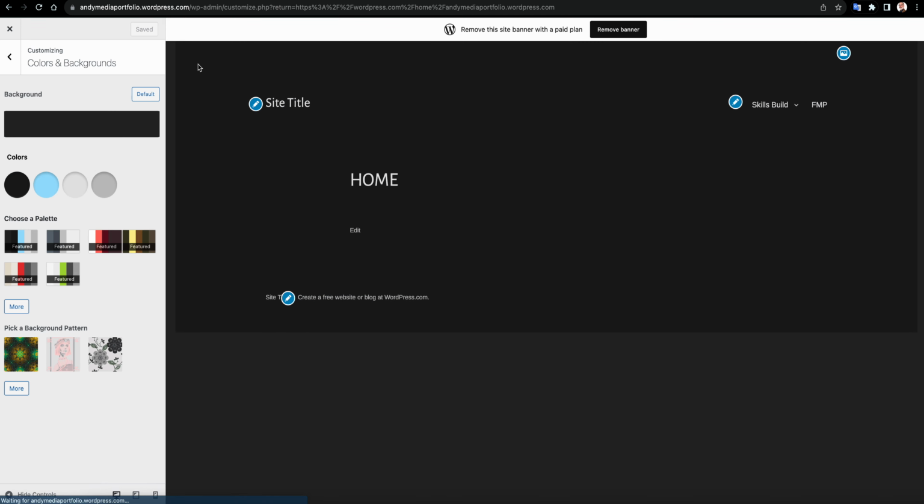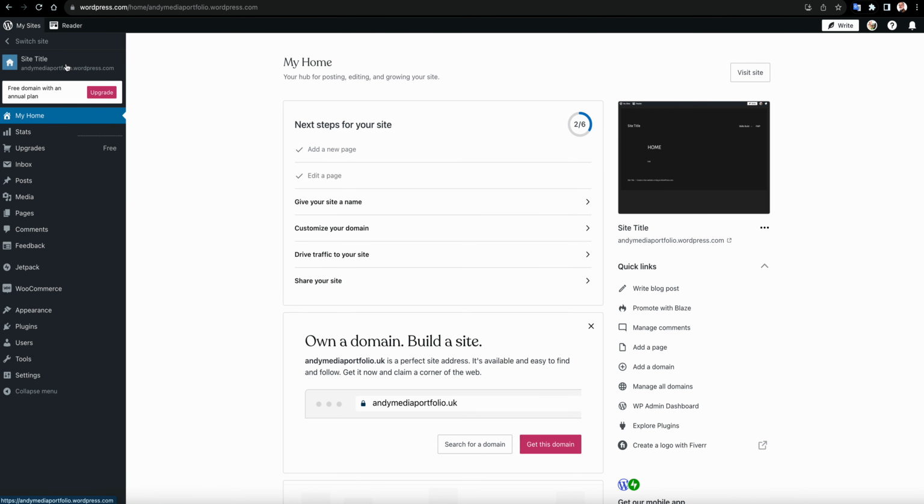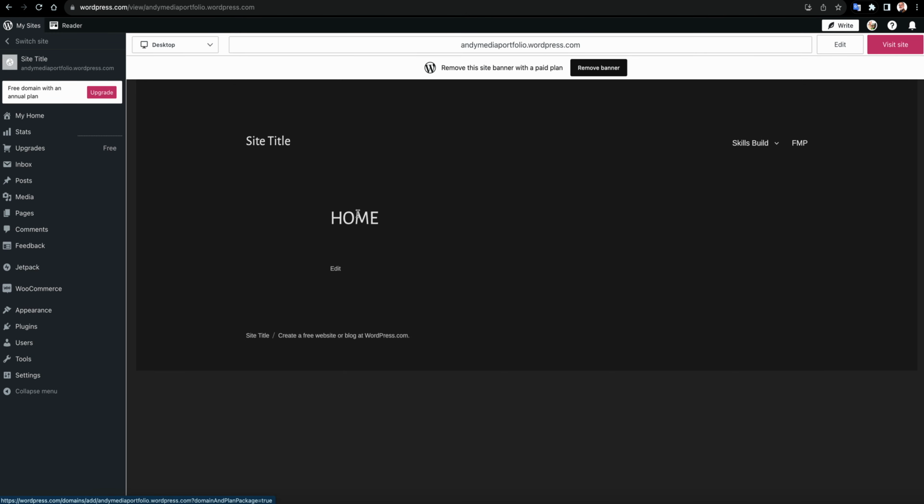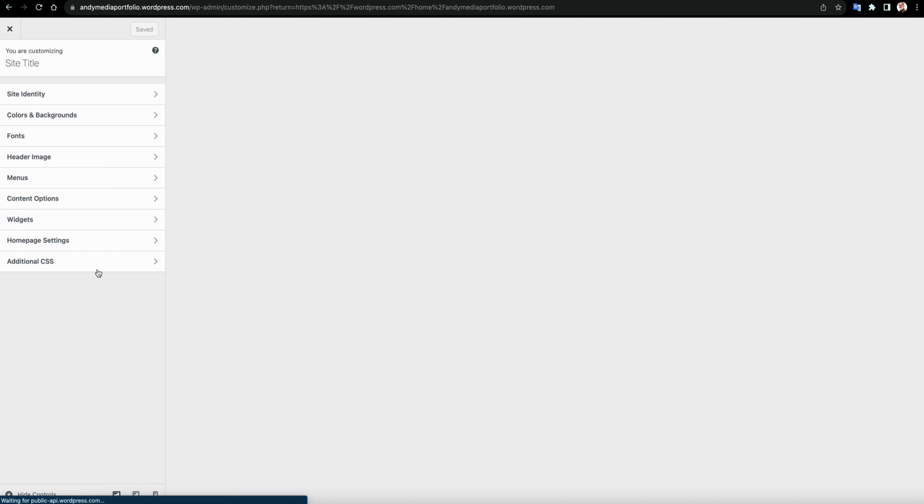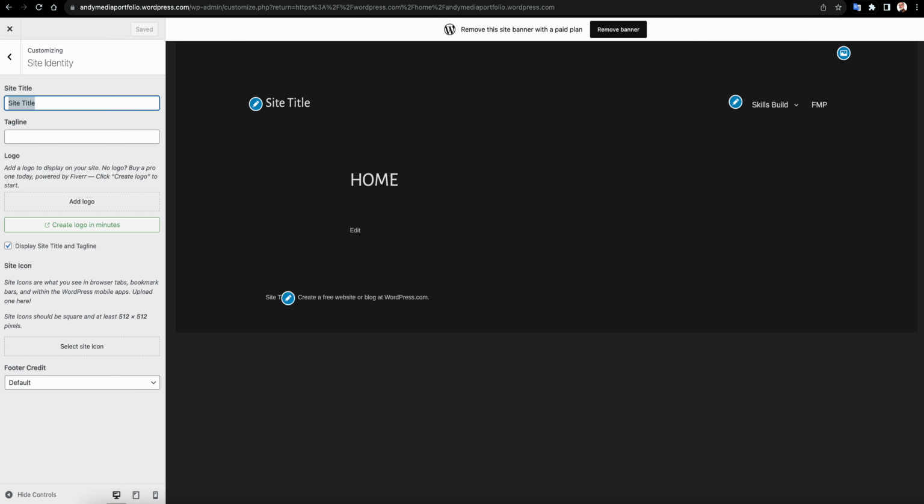So I will save the changes now, and then my home page looks like that. It's quite boring. As you can see, when people land on it, it just looks like this. So you might want to change that up. You've also got this thing here that says site title. Now that again is under customize, and it's under the site identity. At the moment it just says site title. So you might want to change that to media portfolio,